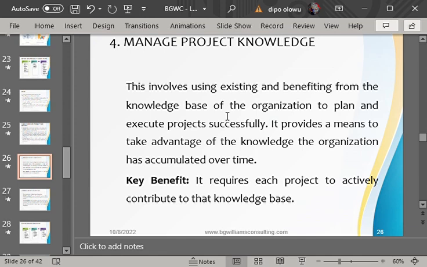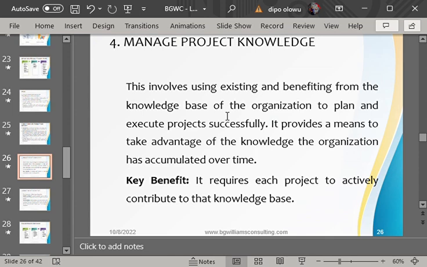Example, if you are working in an organization that has done a 3 bungalow construction before, and now they assign you to a different 3 bungalow construction in a different location,